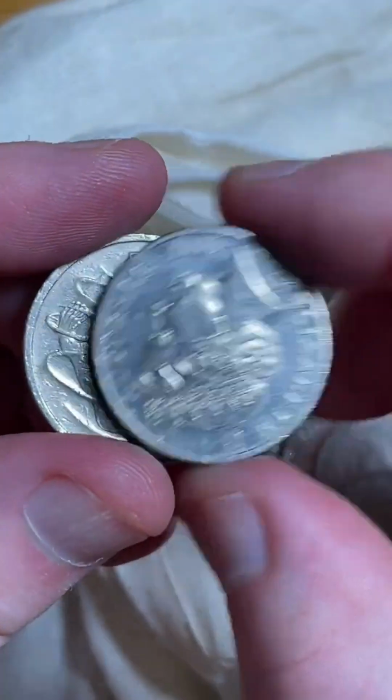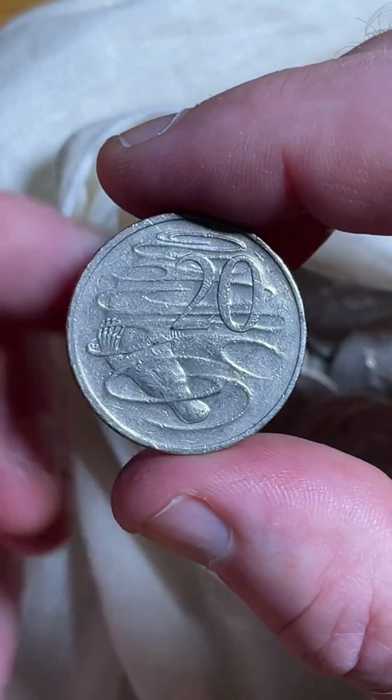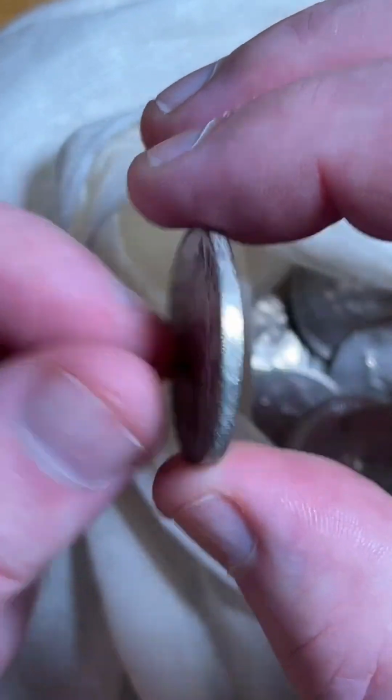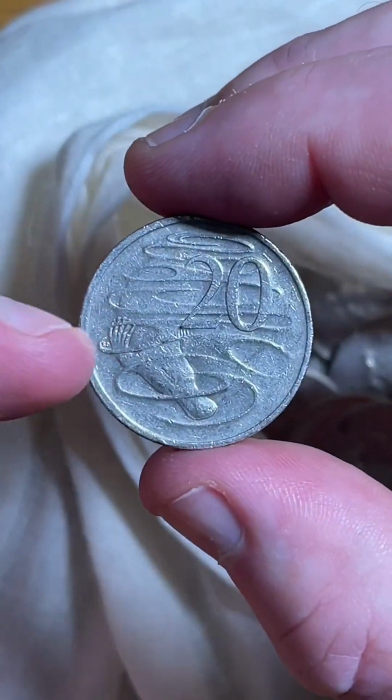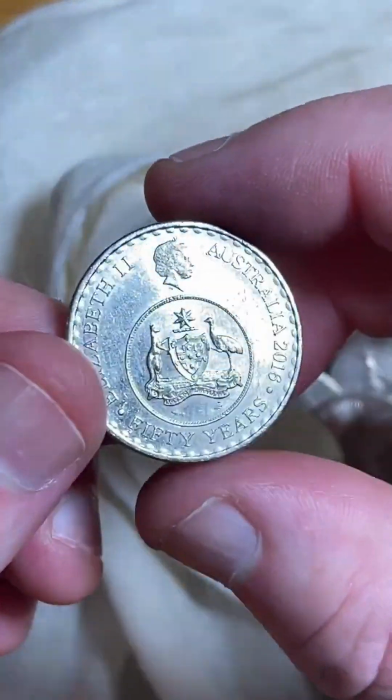Two coins to go. What's this one? 2001s. Check for rotations. Boom. Could be just down just a little bit. No, not rotated, but happy with the...